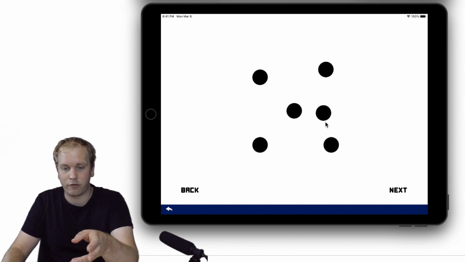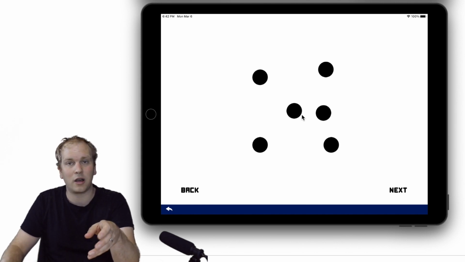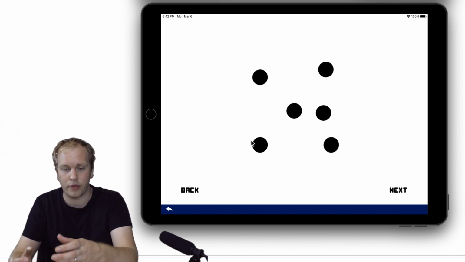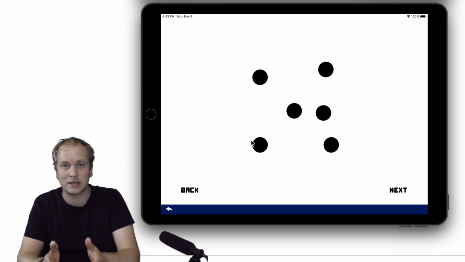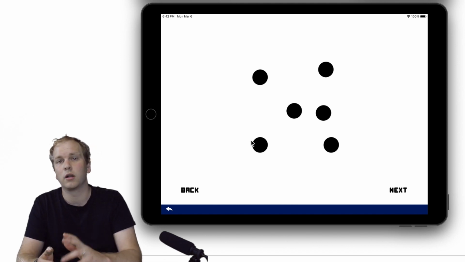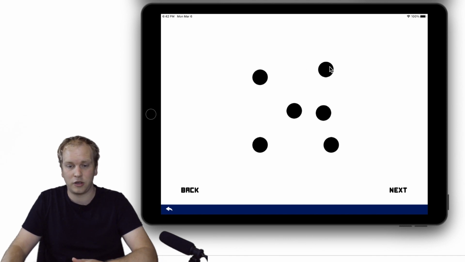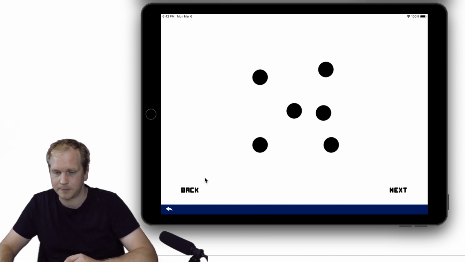So I saw the 5 with the 1 extra one. Some other students might have seen a 3 here and a 3 here, so perhaps more like the pattern on a 6-sided dice, where this one's been warped into the center a little bit. And having those different discussions around what they see shows us that, well, we all got the number 6, but I saw it as a 5 and a 1, while one of the other students saw it as a 3 and a 3, and then perhaps even another student might have seen a 2, a 2 and a 2. And those are the kind of discussions we want to be having when we're doing our subitizing.